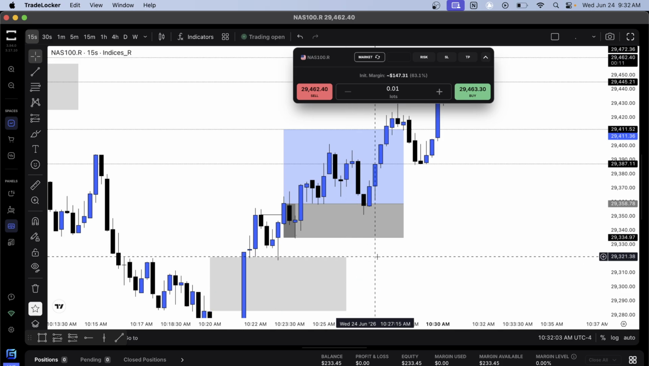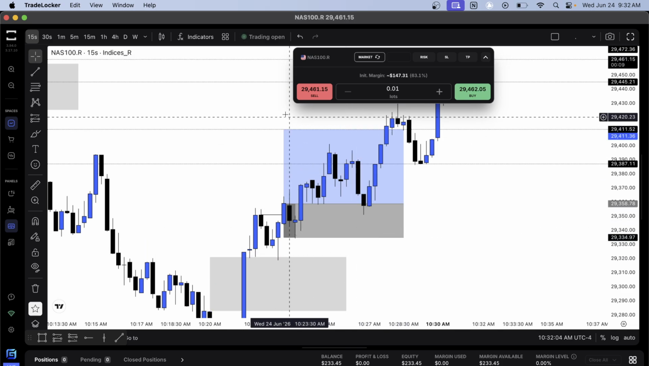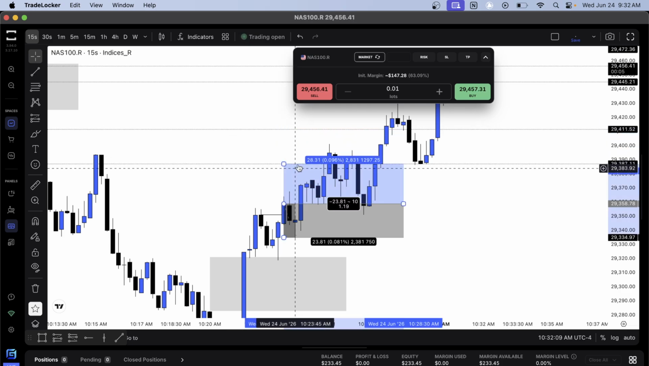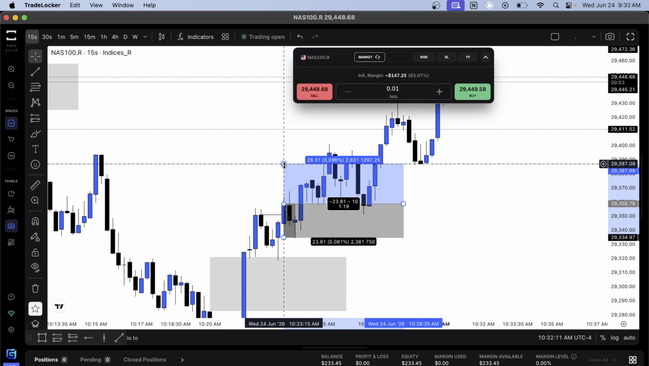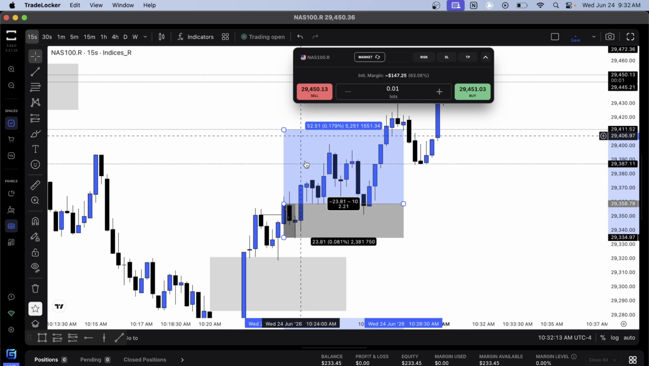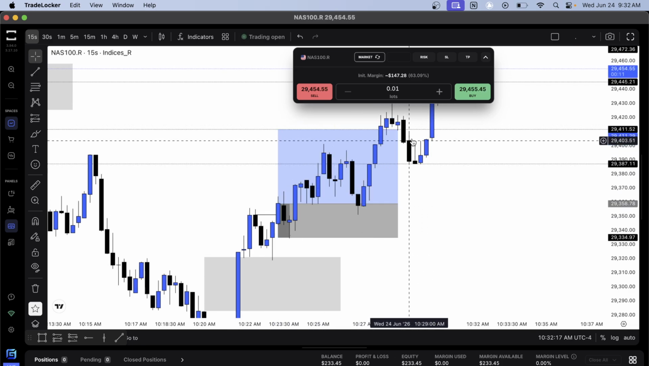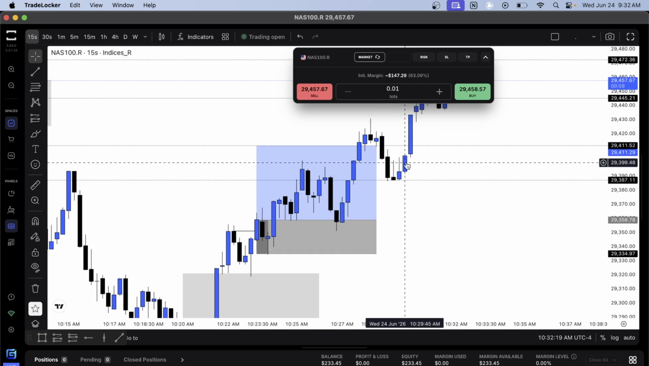I did not re-enter. It would have been a break-even trade anyway, because when price first tapped this level, this would have been my break-even point. So as you can see, price ended up coming back, tapping my break-even, and then running towards my target. But I did end up losing on this position,